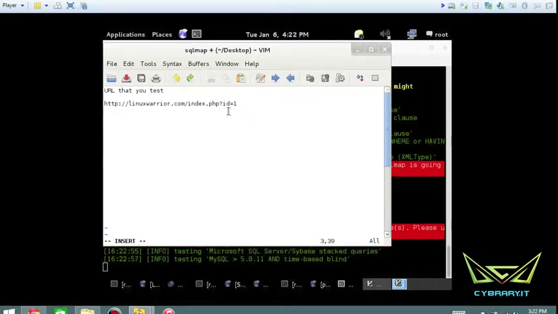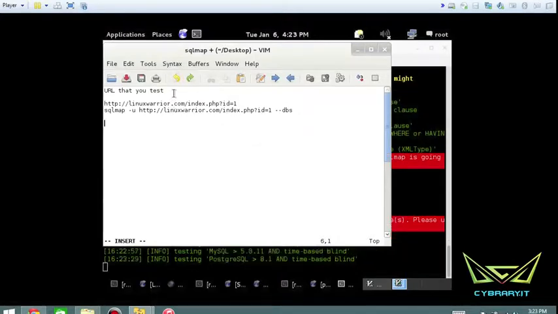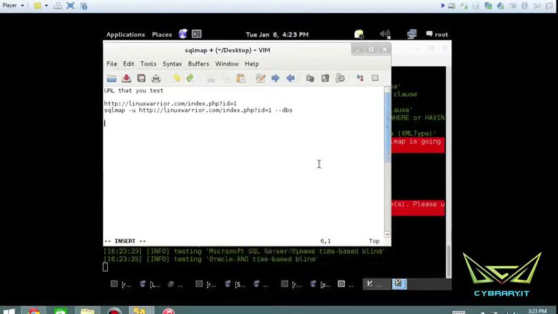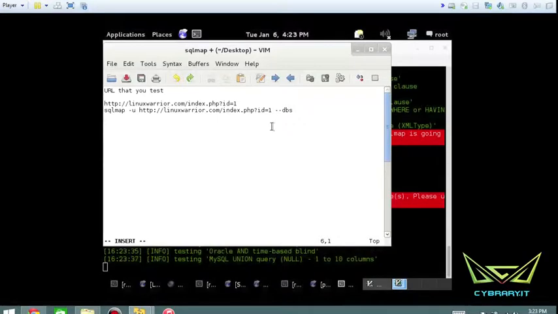And then if you really realistically wanted, you could even do your whole sqlmap statement: -u http://linuxwarrior.com/index.php?id=1 --dbs, or the databases. Okay. And I'm going to show you how to build this out. So keep your documentation going and build this. This will definitely help you for your pen testing reports, but also make your life easy as you build out this tool and go from the top of the hierarchy down to the specifics of the hierarchy, or stated differently,